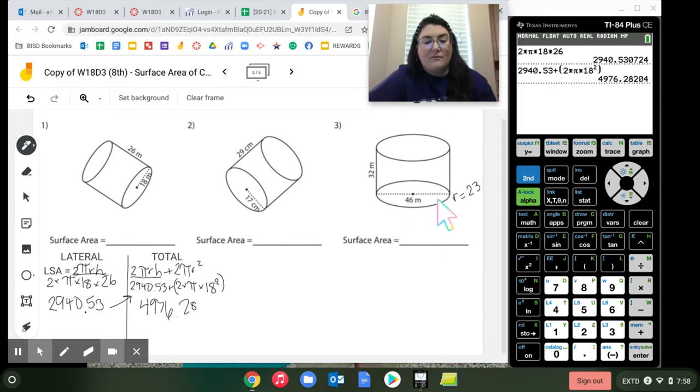Remember, take that diameter, cut it in half. A lot of people are just going to see, oh, there's 46, I'm just going to plug that in for my radius. Well, it's all going to be wrong. You got to cut it, get that radius. Okay, so